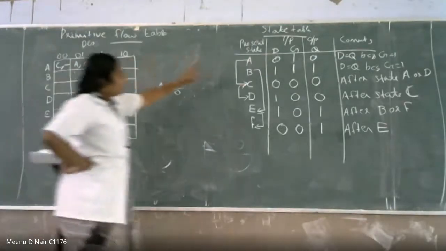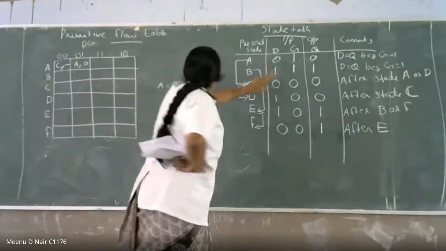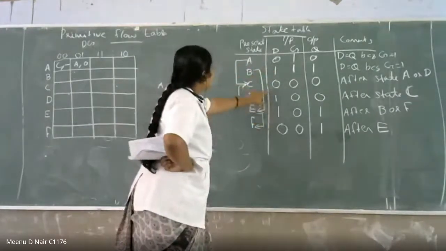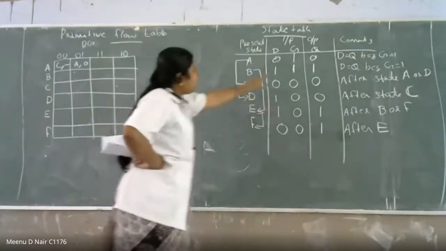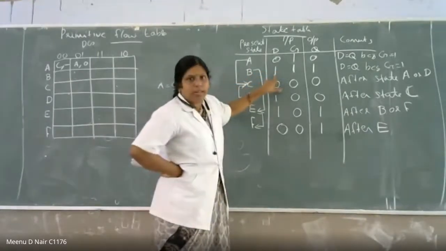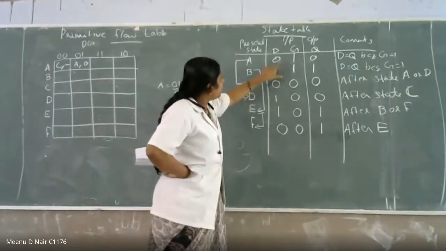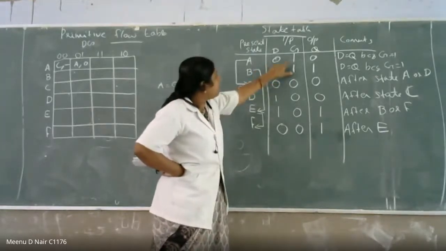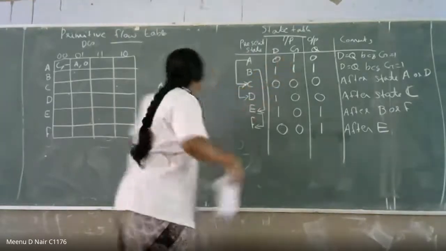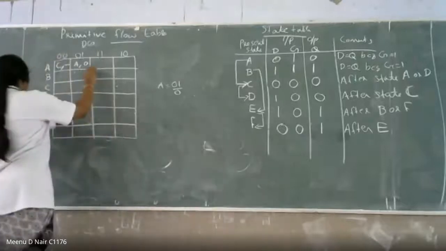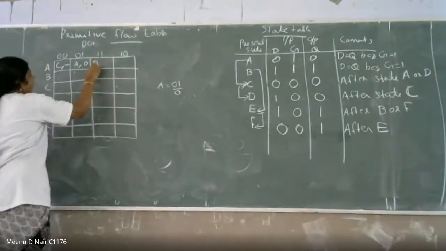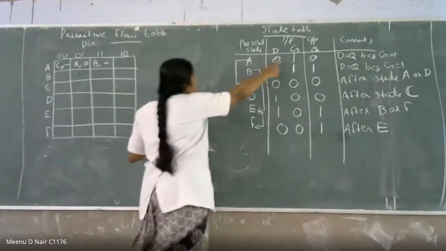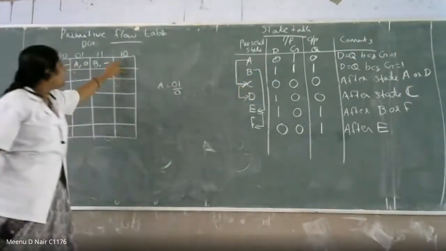Then what about 1 1? A is nothing but 0 1. A to 1 1, there is B. Right. A to B is possible because only one transition is happening, 0 to 1. This is 1 1, both are same. So you can put B comma dash. Next one, A is 0 1 and the next column is 1 0.